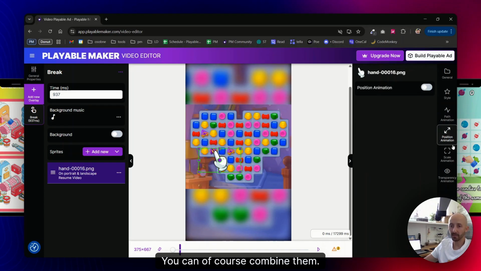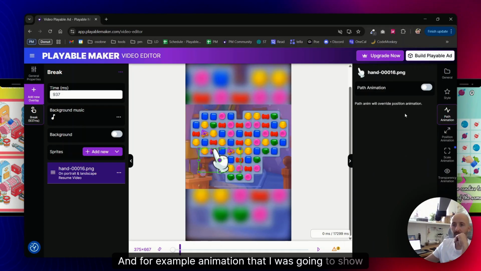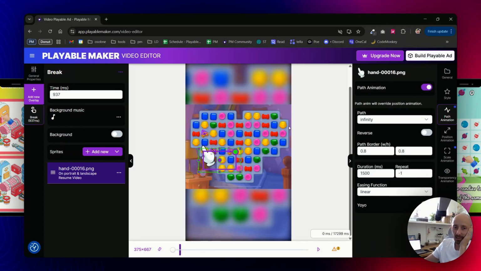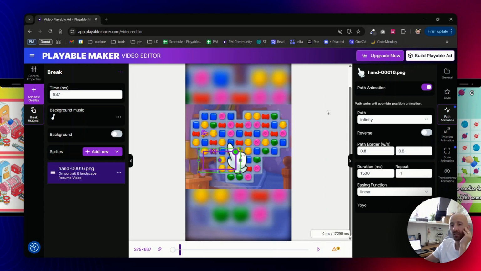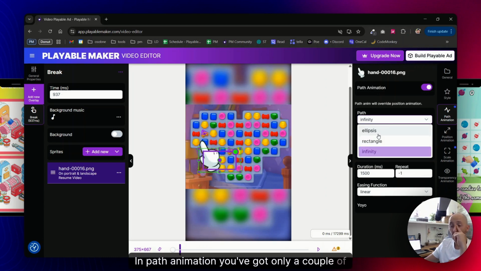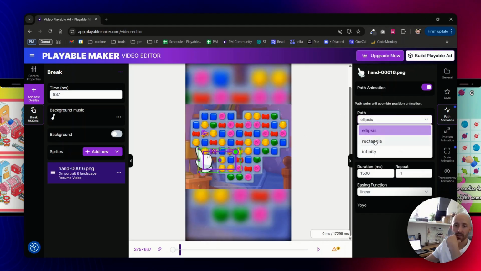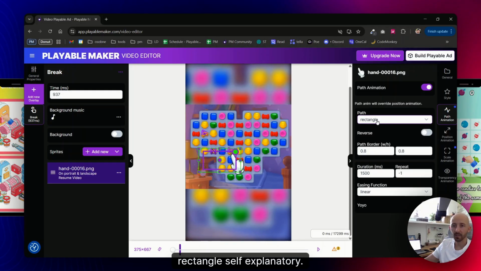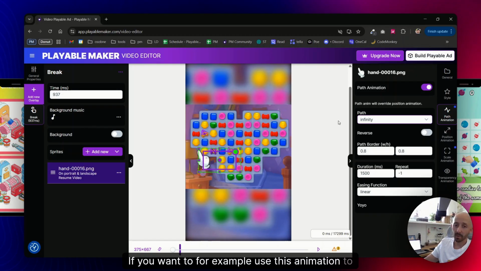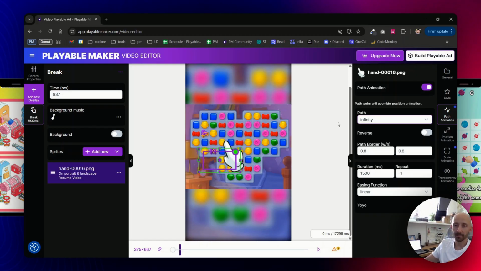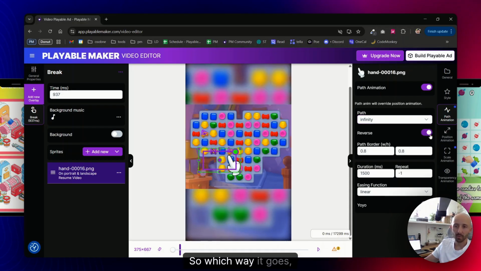You can of course combine them, so I can trigger scale animation. And for example, the animation that I was going to show you next is the path animation. So in this case, it's both scaling and doing a path animation. In path animation, you have only a couple of options. You've got ellipsis, so it will be doing an ellipsis, rectangle, self-explanatory, and infinity, if you want to, for example, use this animation to showcase hold to move or move to play functionalities. Again, you can have some settings, so which way it goes,